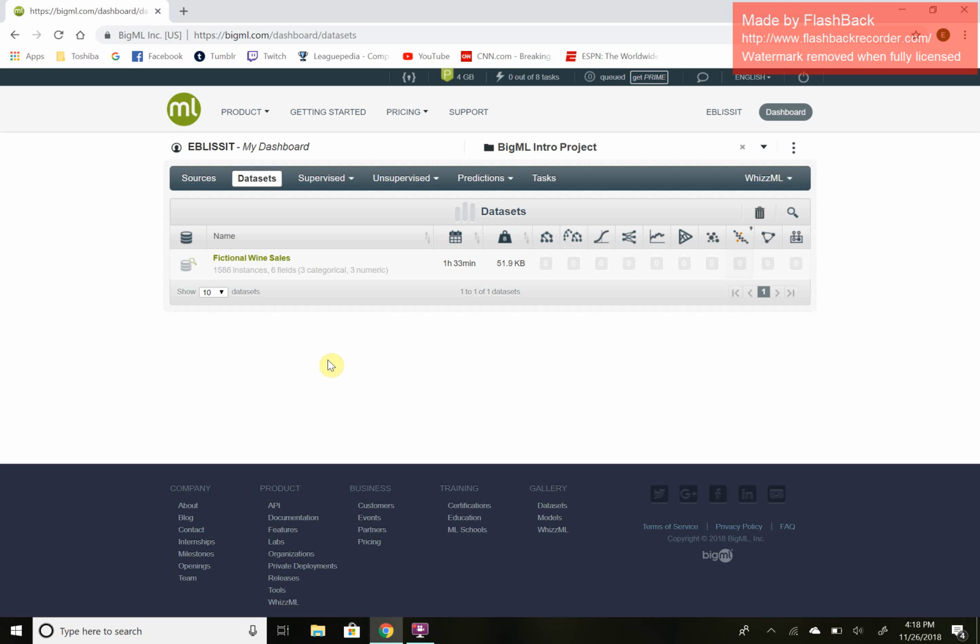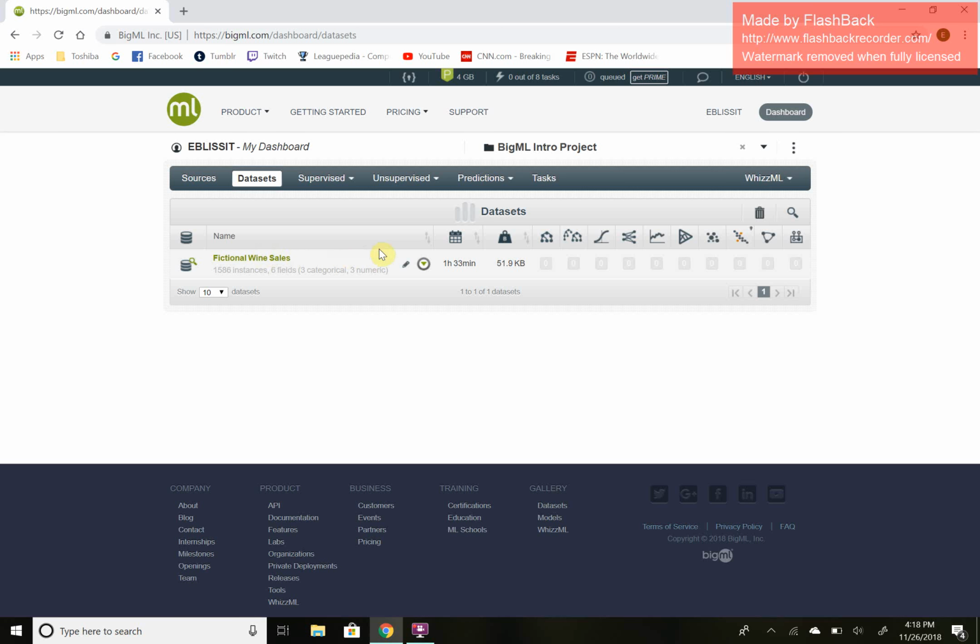By using machine learning, it will allow the winery to improve their business operations and find information in an organized, accurate way. This is where BigML comes in. BigML allows you to submit these datasets and use advanced software to find extremely specific details that normal software cannot find as easily. If we begin by looking at the available datasets, we have already uploaded some data titled